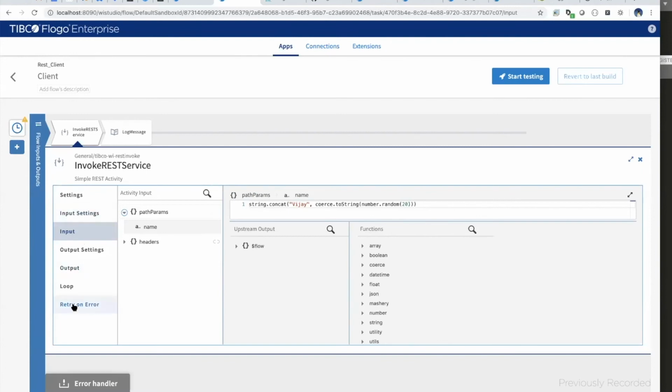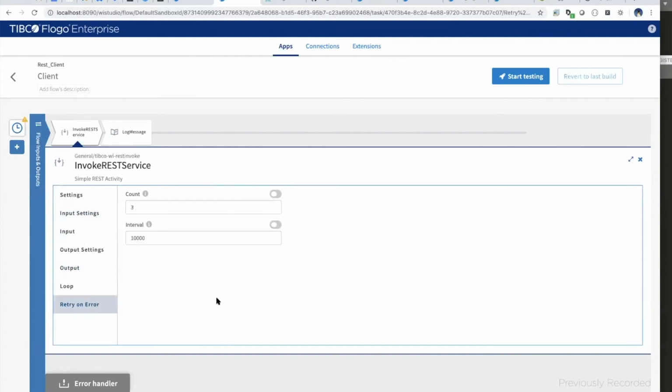Now the thing to notice here is the retry on error. What we are saying is if the activity failed the first time, let's say due to some connection or network issues, try 3 times with a delay of 10 seconds. It would wait for 10 seconds, then execute one more time, wait for 10 seconds, execute one more time.